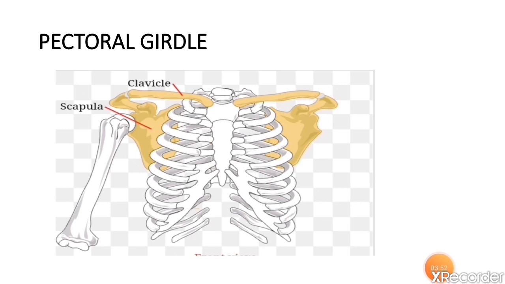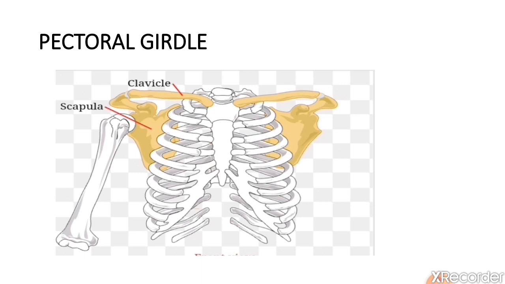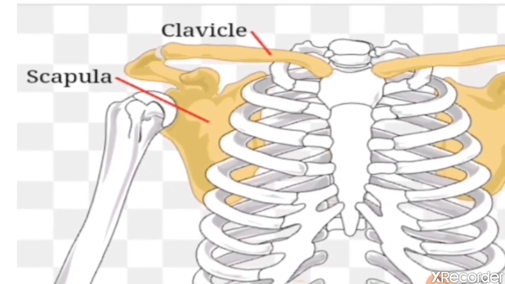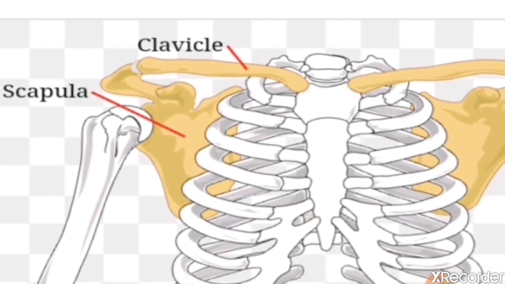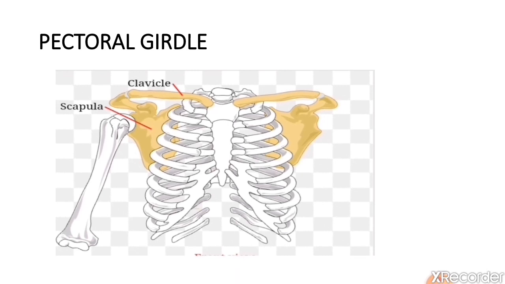Now the last major kind of bone, that is girdle. There are two pairs of girdles present in our body. What are those? Pectoral girdle and pelvic girdle. Okay. So we'll start with the pectoral girdle. What are the different parts of the pectoral girdle? The pectoral girdle consists of shoulder blade and collar bone. Here you can see scapula, and one more name for this is shoulder blade. Scapula and shoulder blade, these two are the same. And clavicle means collar bone. So the pectoral girdle is made up of two bones, shoulder blade and collar bone.